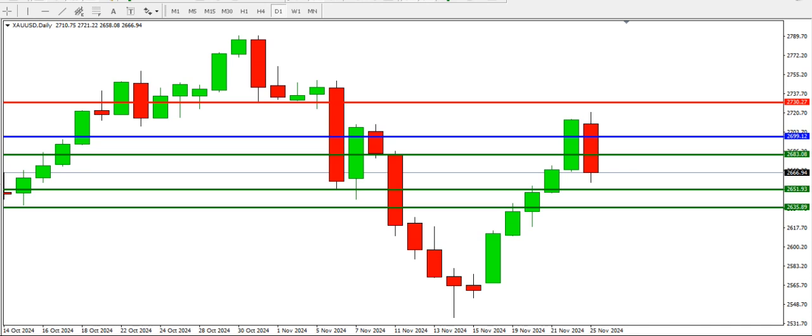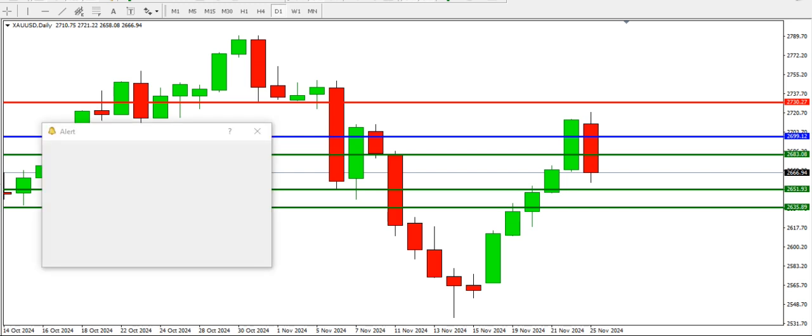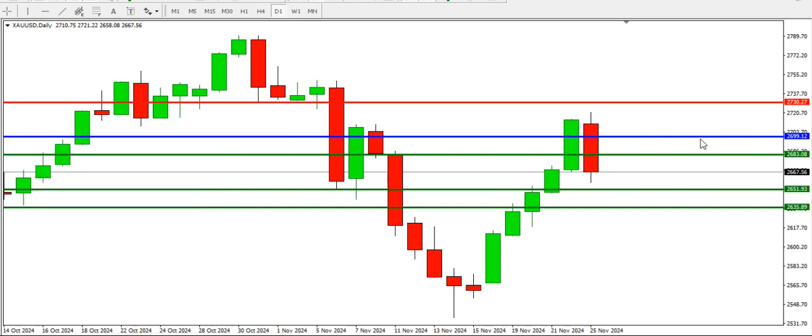Today we'll be looking at how we can trade gold on the smaller time frames. But before we go to the smaller time frames, we're going to take a look at what has happened on the higher time frames, and we'll be starting with the daily time frame using pivot analysis. Now, using pivot analysis on the daily time frame, the blue line is the pivot line, which is